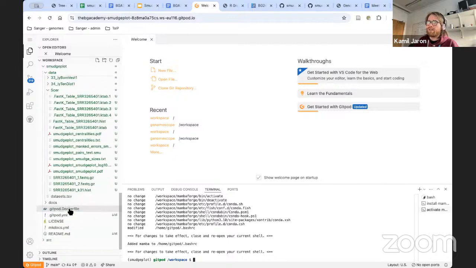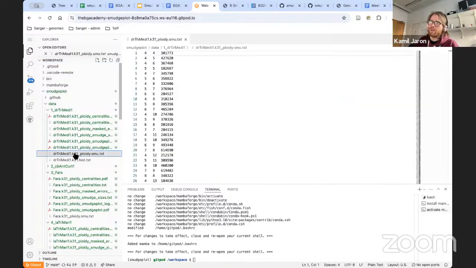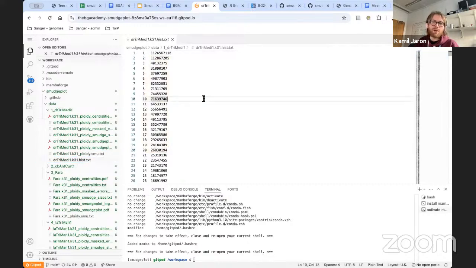So I see that I ran Smudgeplot on everything here, but in your versions you will see that each directory that will be indexed will give you one genome pair file and one histogram file. Basically, all I did for you was to run FastK for you, just because it's very repetitive. There's not all that much to learn on that bit. It's much more interesting to just do the Smudgeplots, look at them, and make interpretations. So that's why I wanted to split it up. But the tutorial has the Saccharomyces data. So if you feel like you would like to try it, just do it. It will take a few minutes.